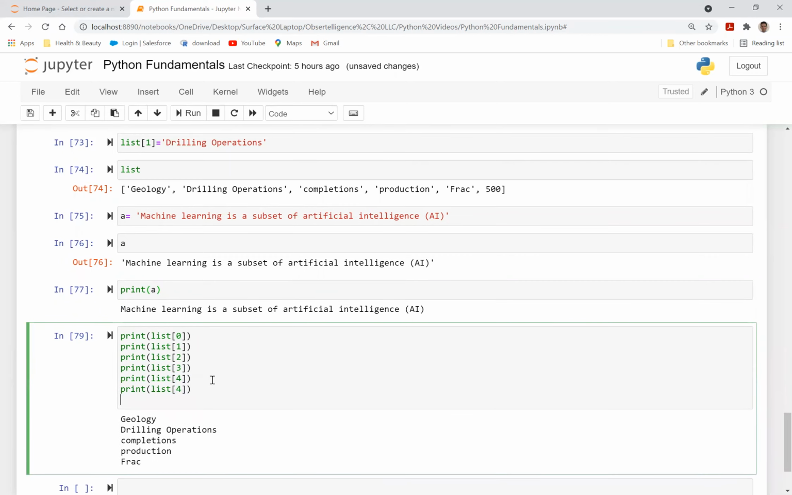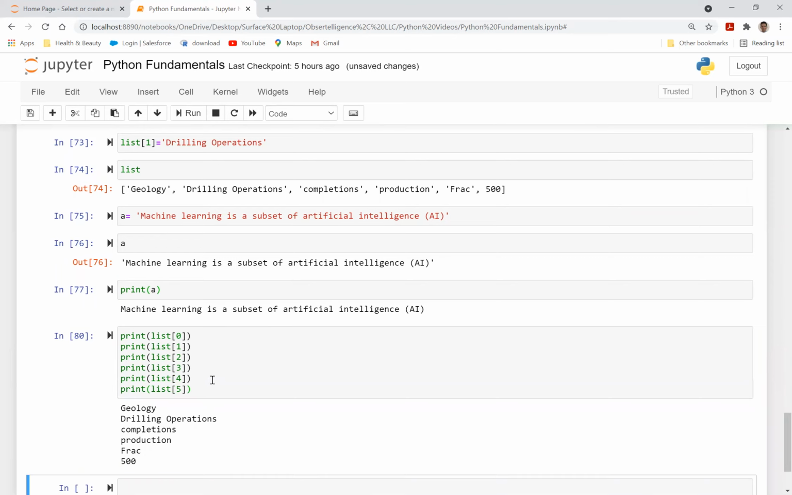So let's just do one more. And now I have 5. So here we go. So now if I run this, I've got geology, drilling operations, completions, production, frac, 500. These are all the indexes that I had in my list. So you can actually print those out separately if you'd like to. So this is basically, that's pretty much it for